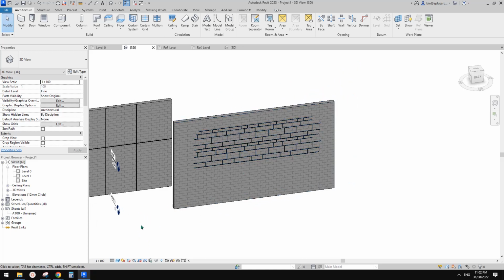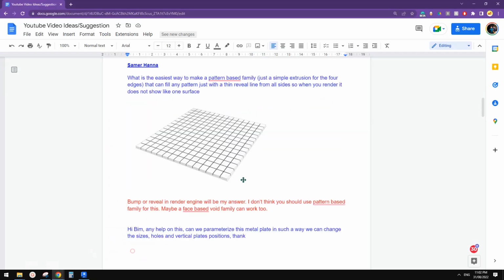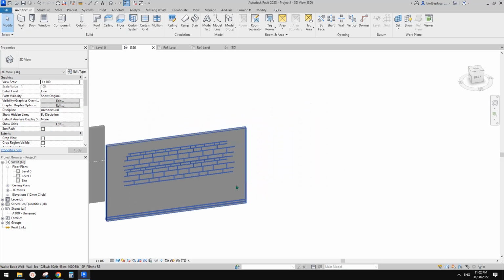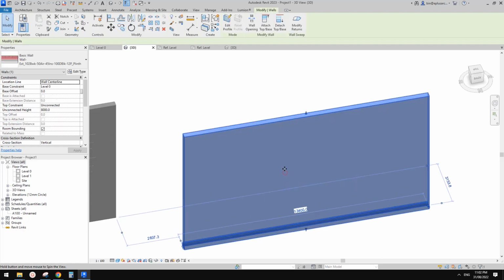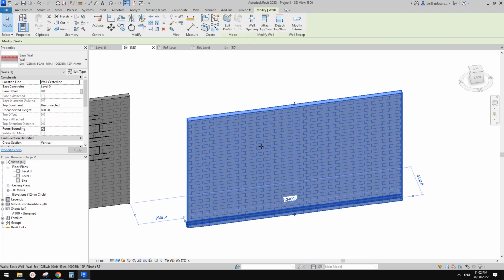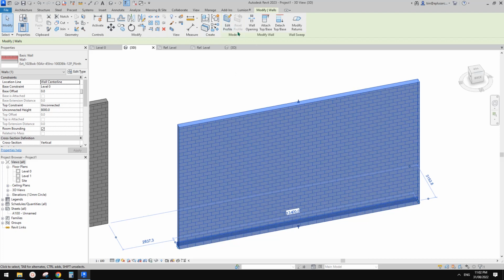Okay, so let's go back to that question. Pattern-based family. And actually, let me just try another one. So I think, okay, we can also use